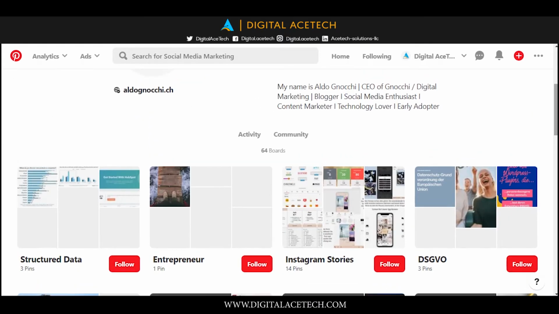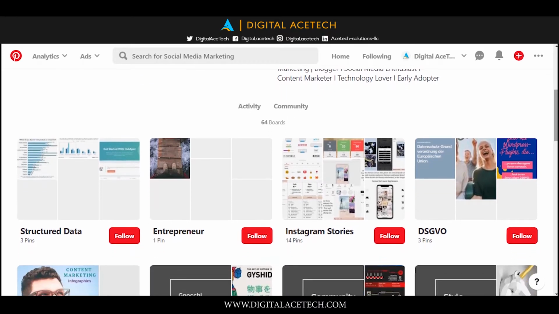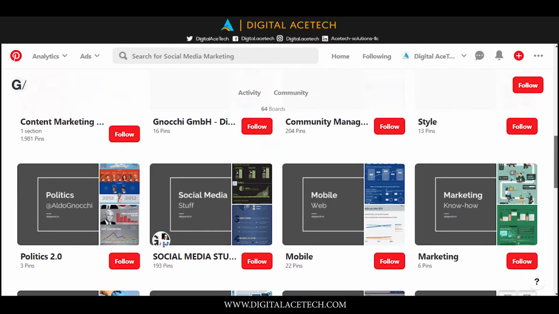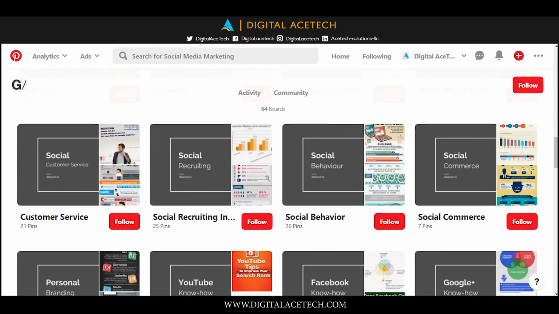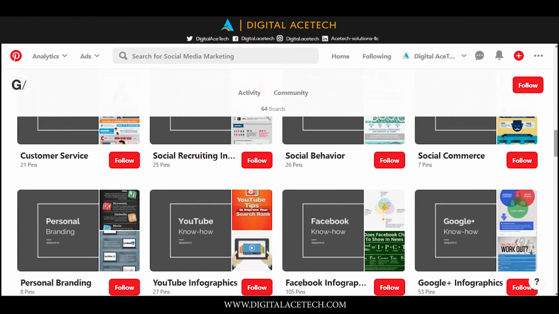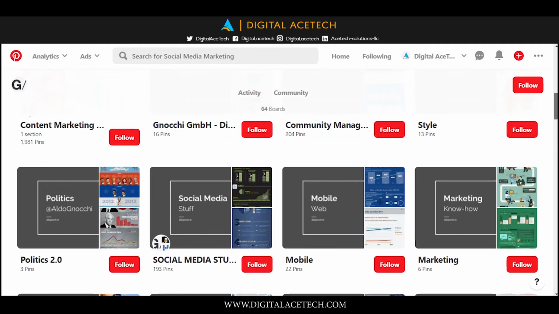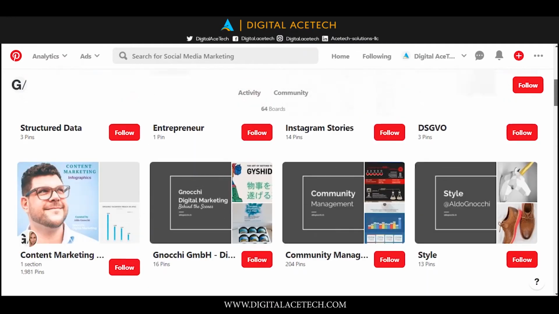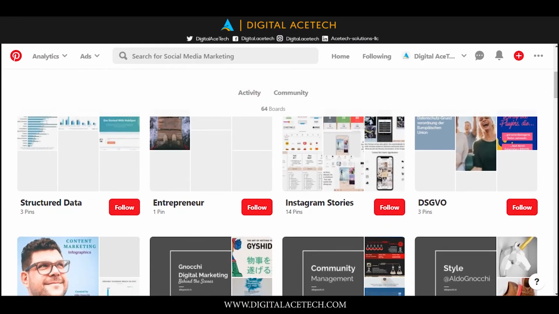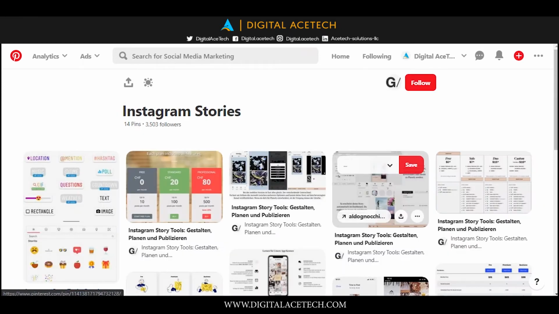Let's find the most relevant board for us. So let's just say that out of all of this, style marketing, mobile, politics, customer service, social commerce, social behavior, and whatnot, we want to go with something like Instagram stories. And we want to see how many people are following this board. And here you can see more than 3,500 people are following the board of Instagram stories that has been created